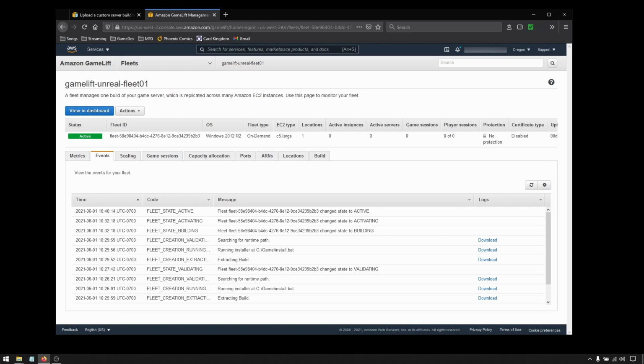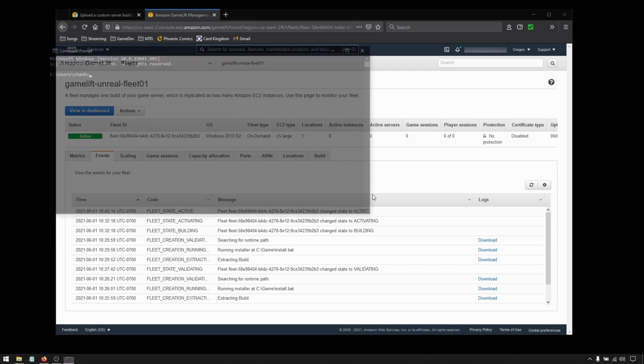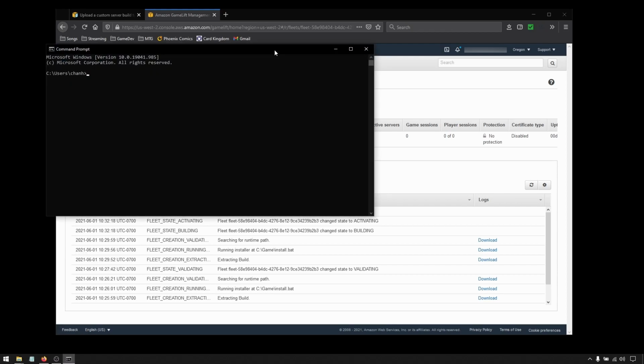Later on, this will be handled by the game backend service. But for now, we will test using the AWS CLI tool. So open up a command prompt. And if you recall from our GameLift Local testing, the command to create a game session is AWS GameLift create game session